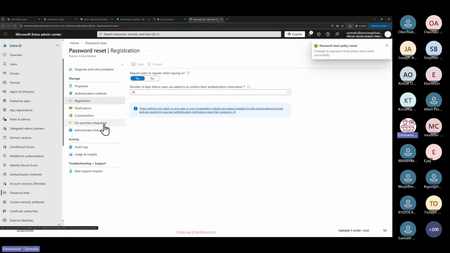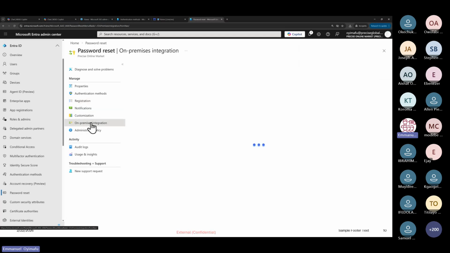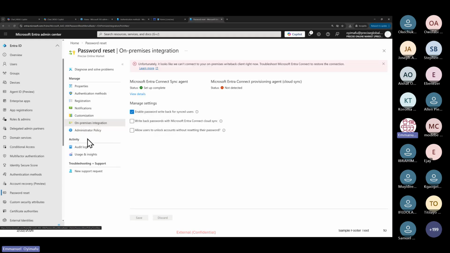There are other settings that you can also use, like if you want to integrate with your on-premise Active Directory. You can integrate self-service password reset with your on-premise Active Directory, but that's not part of the scope.